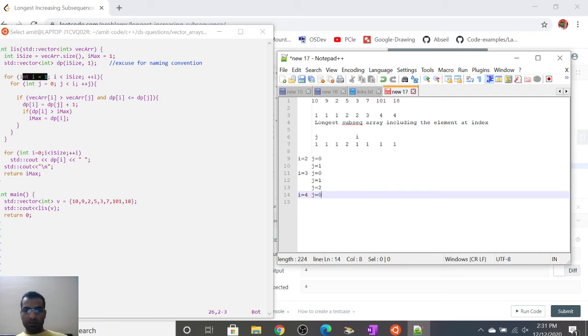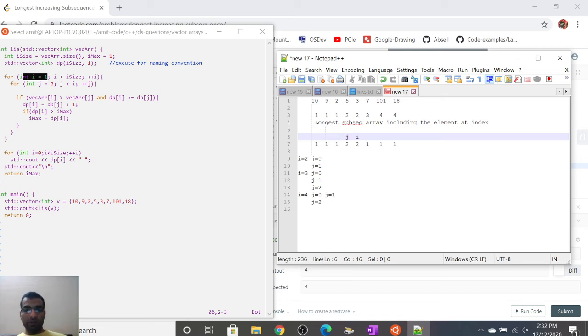So in this case no use, because 10 is not smaller than 3. So on for j equal to 1, nothing. j equal to 2, okay, it comes at j equal to 2. So at j equal to 2, I find, let me place j here. At j equal to 2, I find that the element 2 is smaller than 3, and the dp array at i is also smaller than or equal to j. So I'll just increase it by 2. Now in this case, I'll just increment the element to j here.